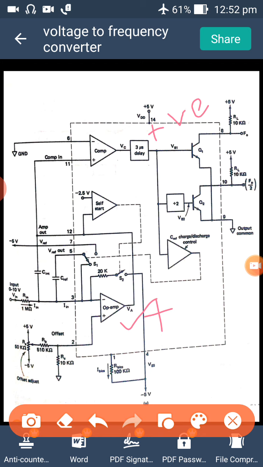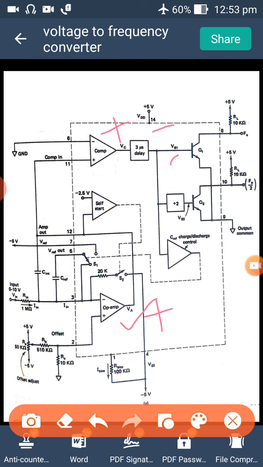Right now, here I will be having positive. It will be delaying it by 3 microseconds. Before 3 microseconds, the output will be what? Negative. Right, okay, then. What will it do? It will be delaying the output by 3 microseconds. If the output of the comparator is positive, the output of the 3 microsecond delay will be negative, meaning it is a low voltage.